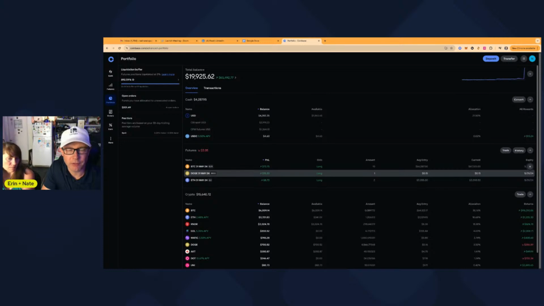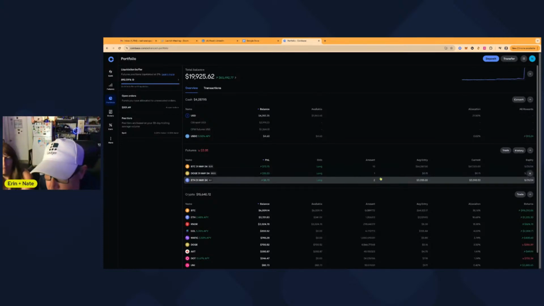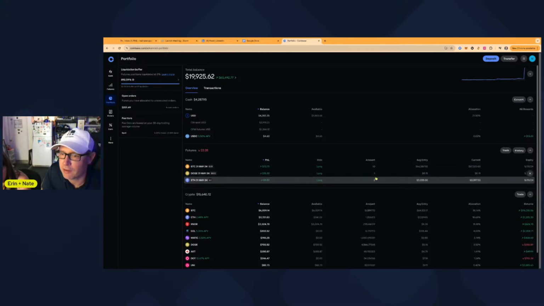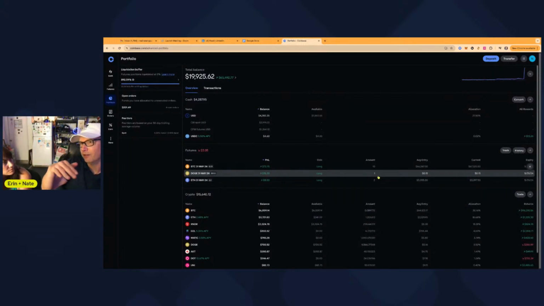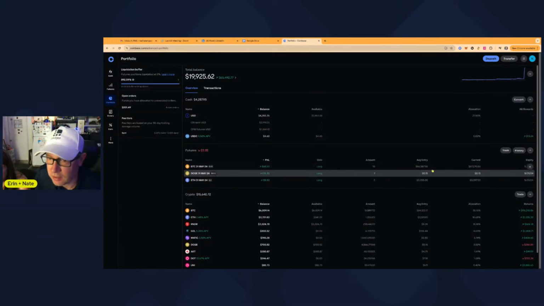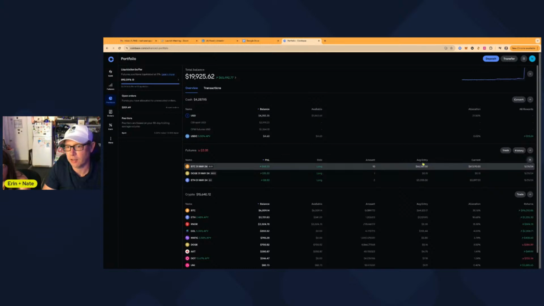Of that $2,500, what I ended up buying were these positions here. I already had the ETH one and the Doge one, but I reestablished these after I got stopped out. I waited a little bit and then it went to a good place on where the wick was last night, and I think it was last night I bought them. But I bought these Bitcoin ones today. I think we had 2 or 3, and I added like 7 or something with some money. You'll see here that it tells you average entry, and that's taking into account that some of those other contracts were entered in at slightly lower value than where we're at now. I think it's 65.9 or something.